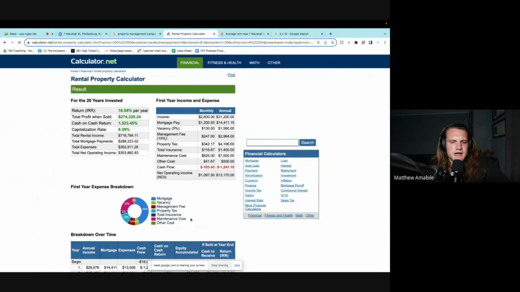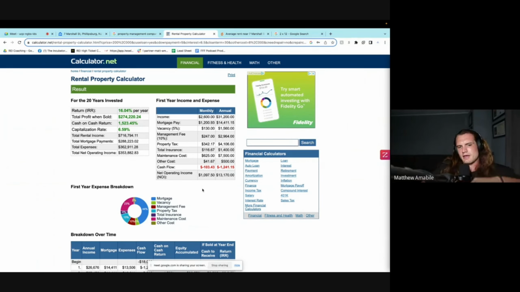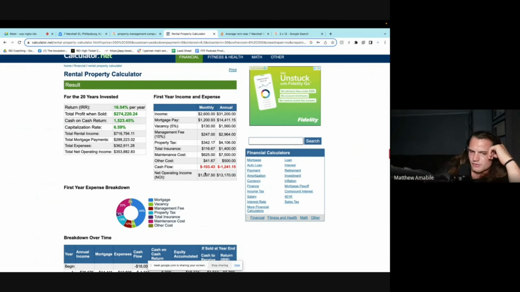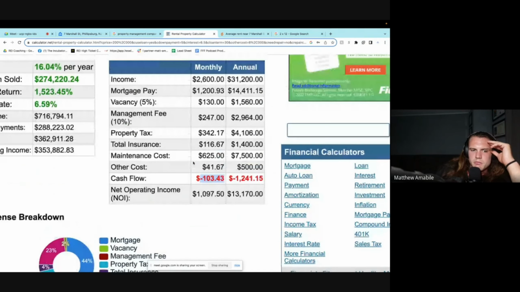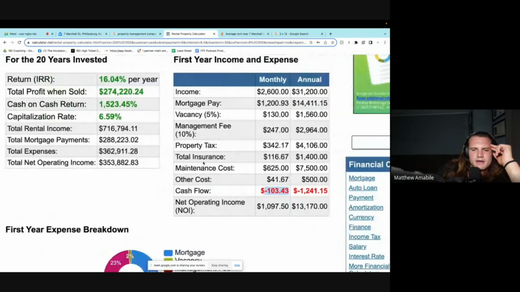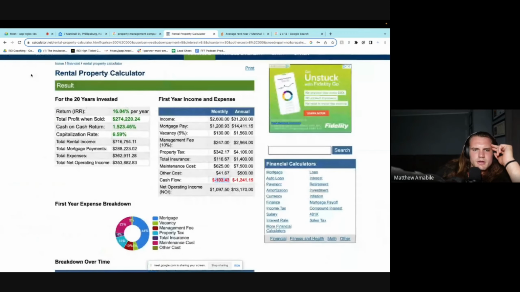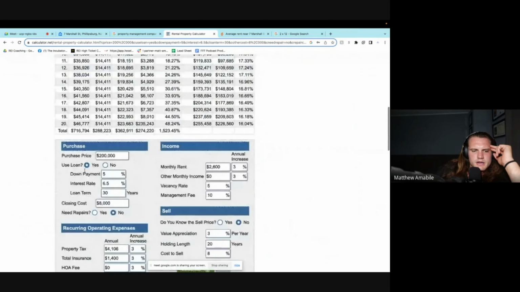And we're just going to calculate this. So our cash flow monthly is not that great, guys. It's negative. So if we zoom in here, we've got a negative $103 of cash flow. Now, mind you, this is with a good amount. And now we didn't actually put in, let me go back here. Let me see if I can go and